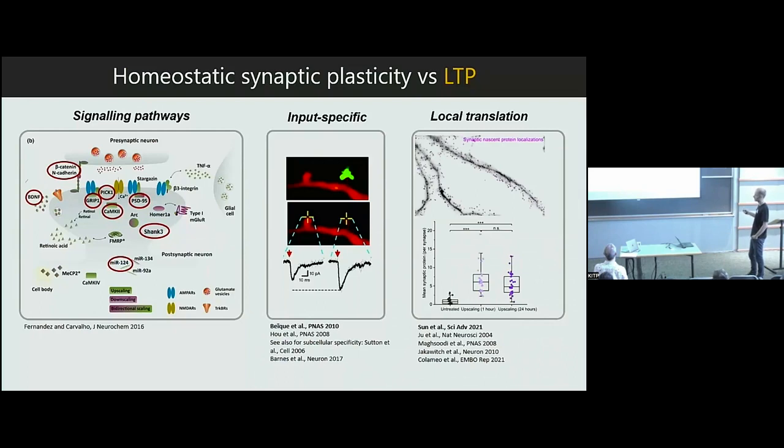So this is an example from Erin Schuman's lab using metabolic labeling of newly synthesized proteins, in magenta here, and you can see that following TTX treatment, after just 1 hour, there is a large increase in the translation rate of proteins in the synaptodendritic compartments, and this increase lasts for at least 24 hours. So one possibility is that this local protein synthesis could tune synapses individually in a non-uniform manner.